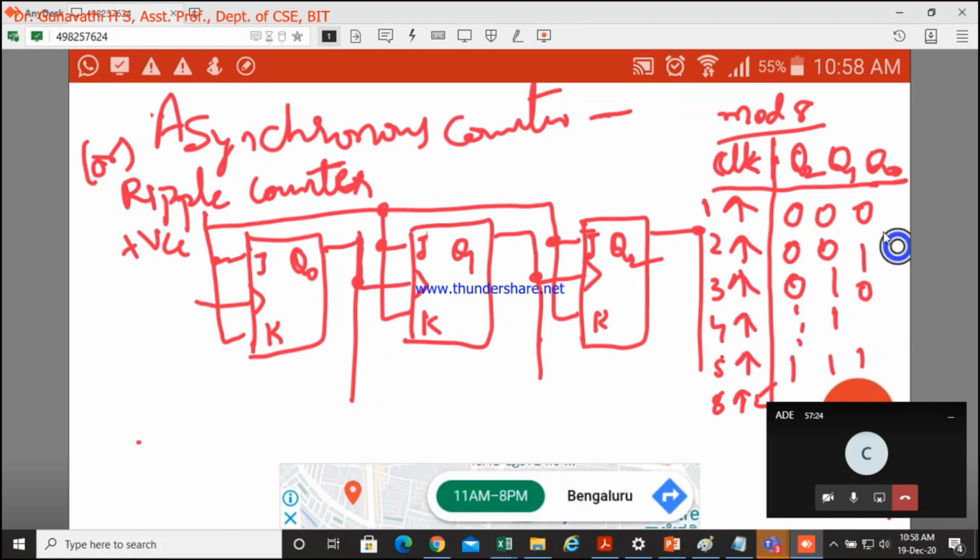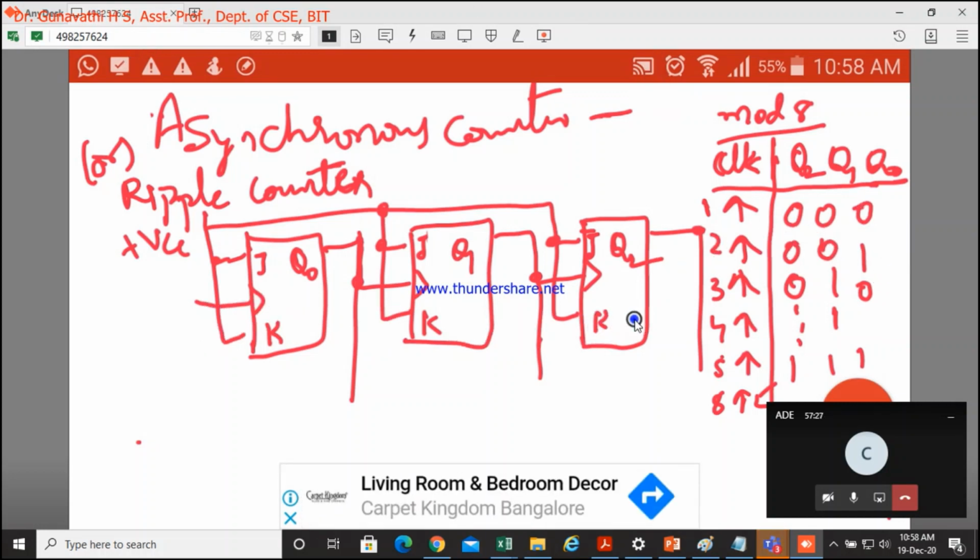Okay, fine. One more small change in this. See, if I write a positive edge of the clock, it will be wrong. Observe here: this is 0, then 1. This is how the clock is, right? Because this is what we are applying as a clock for this. 0, 1, 0, 1, so we'll have a clock like this because this is your Q0. Initially it was 0, it is 1 here. So with a 0 to 1 change, it would work at this point only, so it leads to a wrong result.